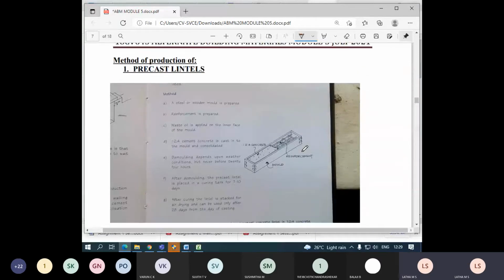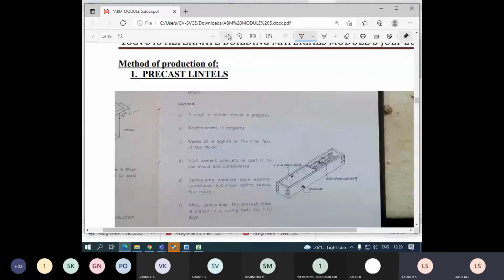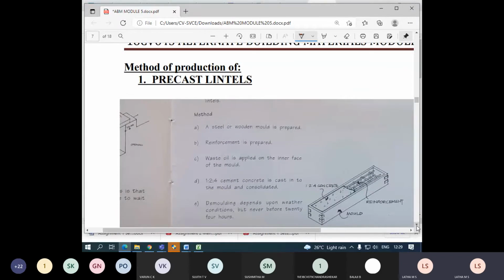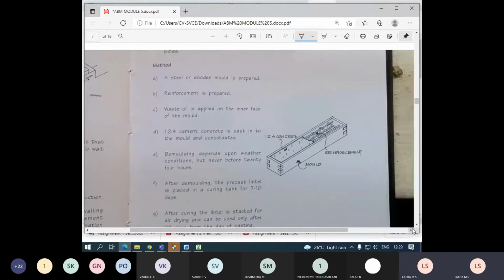Next, coming to the precast lintels, I could not type it, but the information is available here. See, students, lintels are also available at the precasting yard. You can purchase the lintels for different dimensions. Put an order with the precast people, right? You have to approach them. They have the mold arrangement. You have to prepare the cage. Then you have to pour the concrete. The procedure remains the same. The only difference is you have to do it by hand. A steel mold or a wooden mold is not at all preferred.